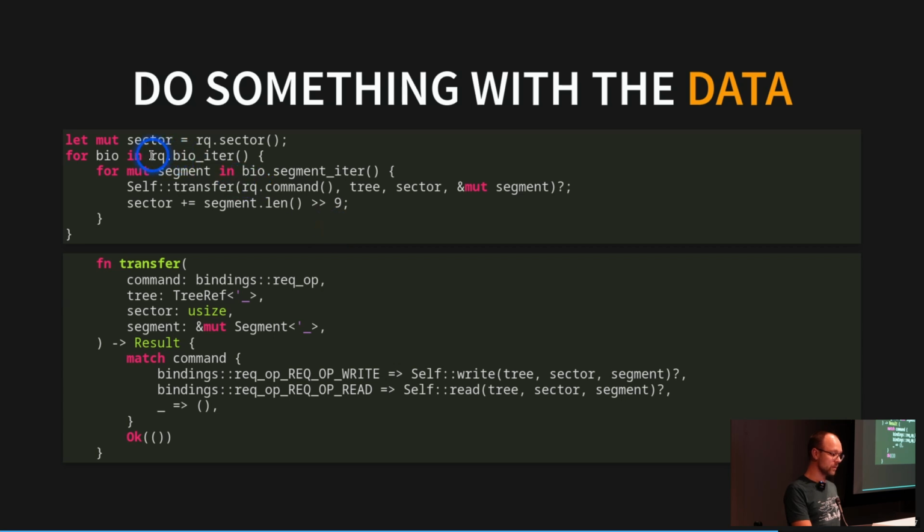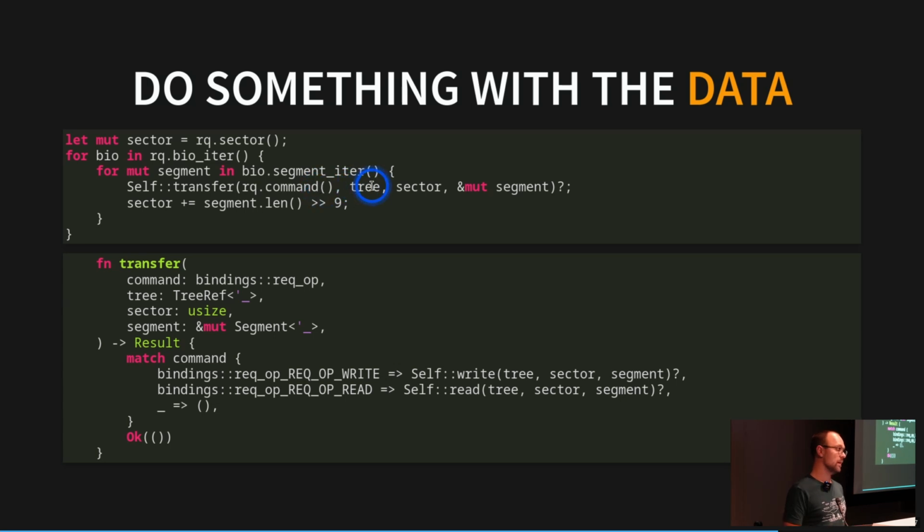And if you recall, our request has a pointer to this bio. That's basically a gather-scatter list. What we can do is use the iterator trait to iterate over all of these pages of memory. A page is the smallest amount that we can handle in our virtual memory. It's usually 4 kilobytes, and that's the unit we're operating with. So we can map all of these, and then for each of these we call a transfer method, and we pass in a tree,